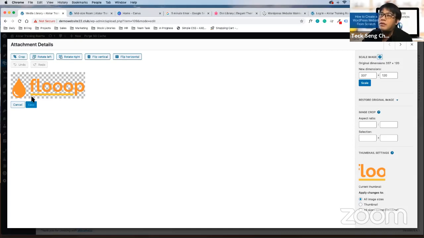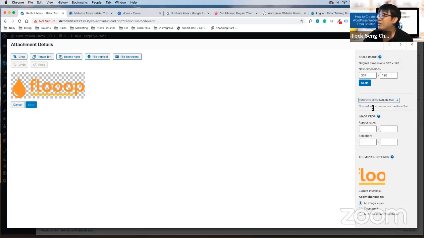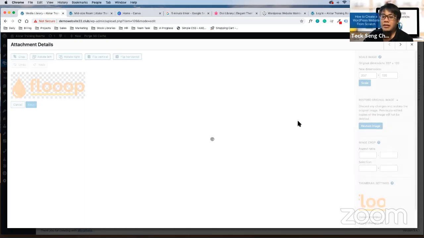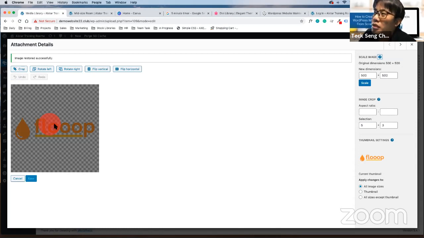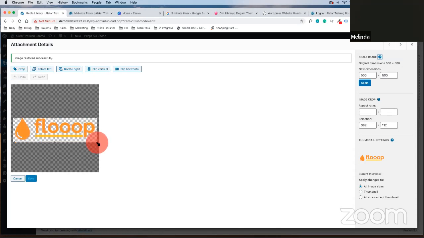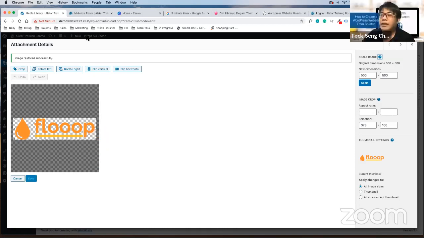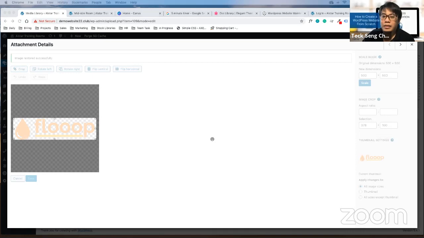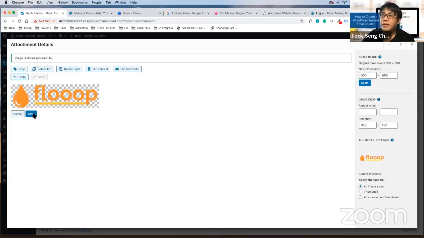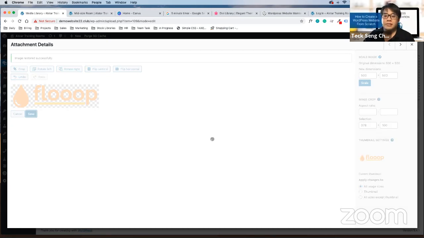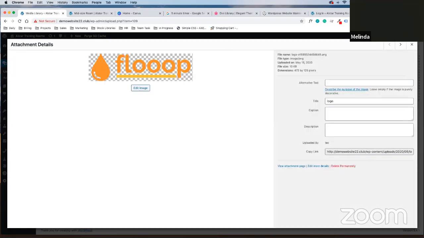Okay, so what you need to do is to crop to the nearest bit of the logo. So this is what you see, right? I'll show you. Whatever logo you have, just select the area, right? Make sure that you crop to the side of the logo like that. Then you are done. You just crop, then save, before I go and scale, right? Correct.